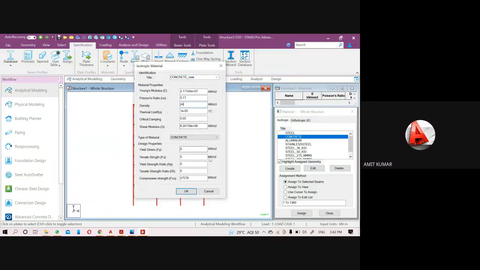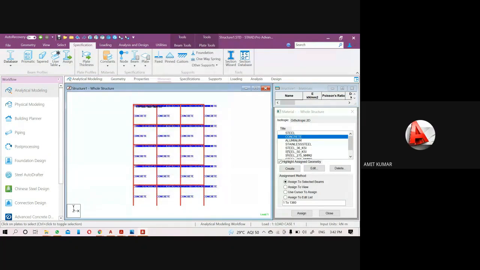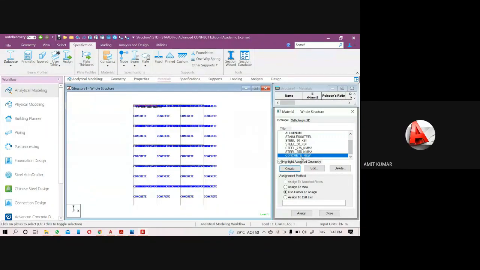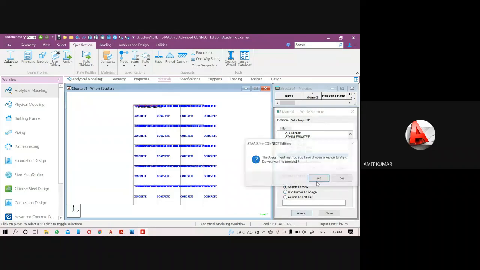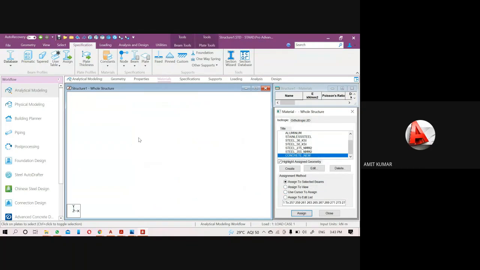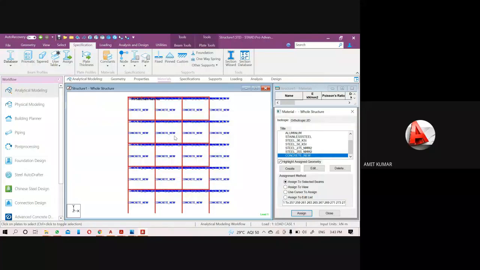Like if I want to change it to 24, then click on OK, and you will see the concrete new has been created, and you want to assign it to your structure. If you want to assign it to the complete view, just assign it to the view. So all the members will be assigned with the concrete underscore new.